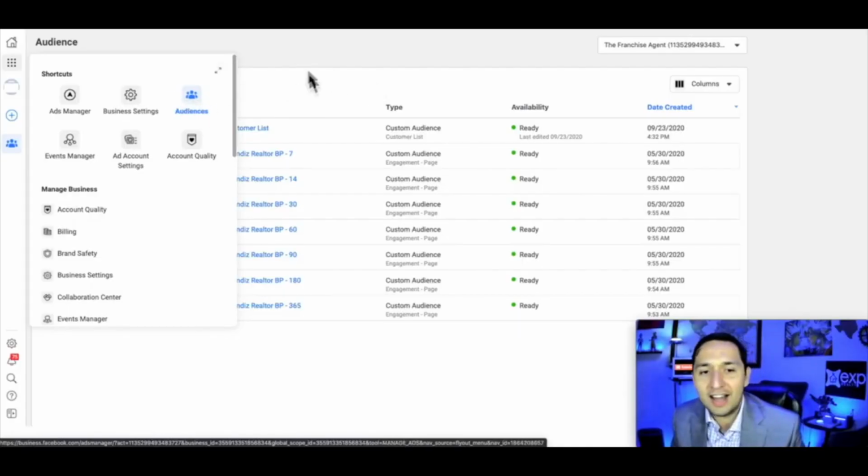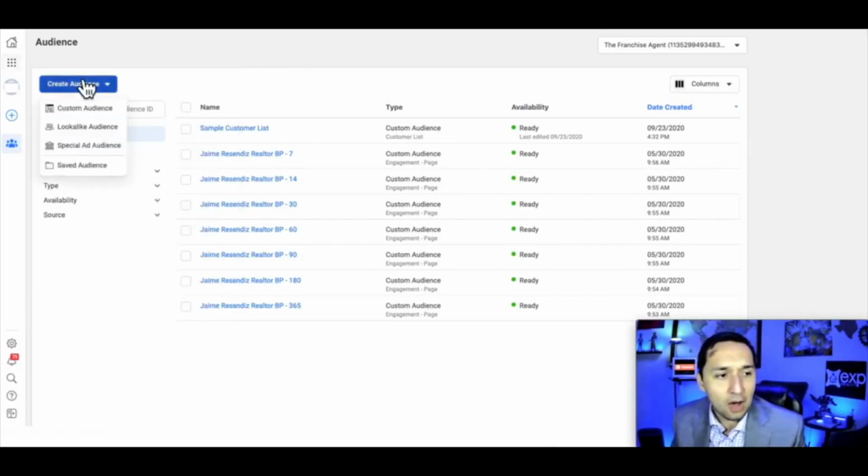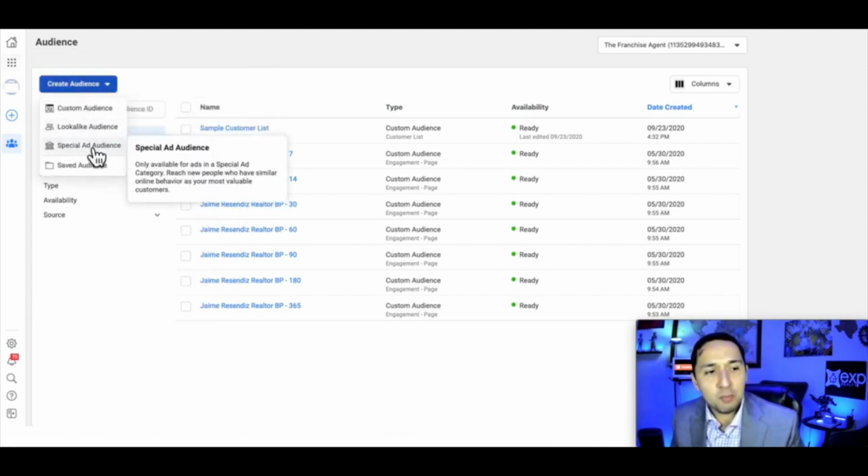So we're at the audience section. And now what I want to show you is that, at this point, the special ad audience is created through here. And this is something that is new to the interface. Back in the day, and when I mean back in the day, about 6 months ago, the special ad audience was not here. You did not have the option to create the special ad audience from your audience section. That's something that you had to do when you created an ad, and you'll see how we pull out this